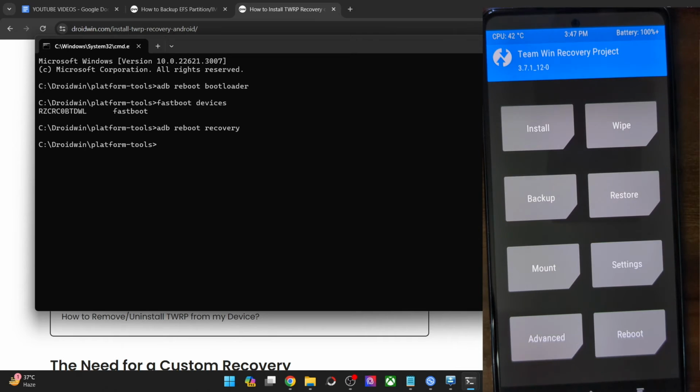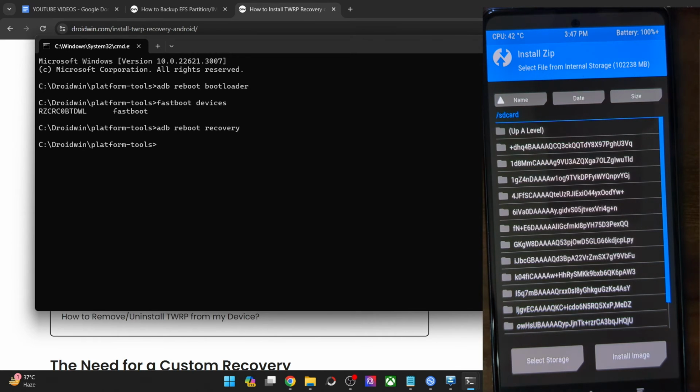This is happening because the storage on my phone is currently encrypted. To remove the encryption, I might simply have to do a format data, but upon doing a format data, it's just a temporary fix. Upon the next reboot, the encryption issue will once again come back, because in case of the Samsung Galaxy S20 and many other Samsung phones, the encryption can only be removed on a custom firmware. On the stock firmware, the encryption cannot be removed. That is why I am not able to use the recovery method.